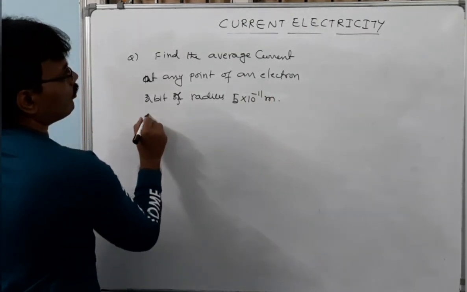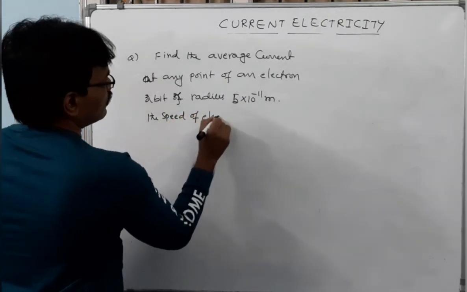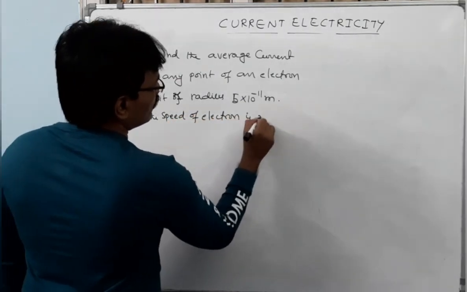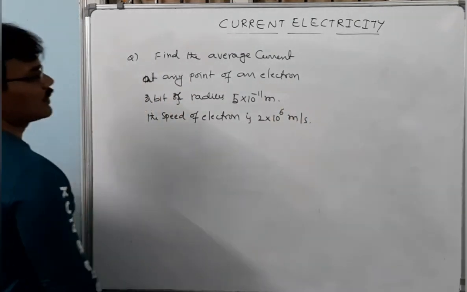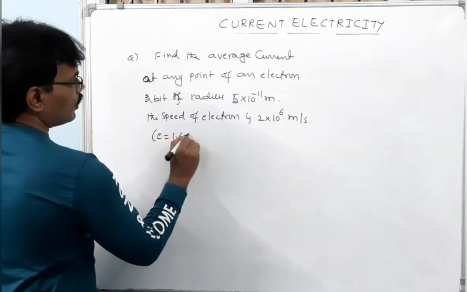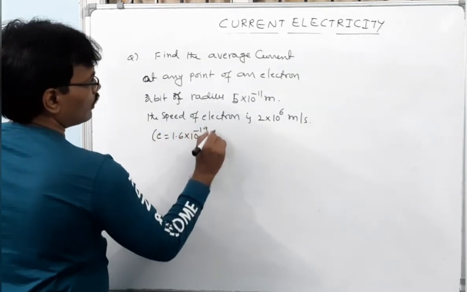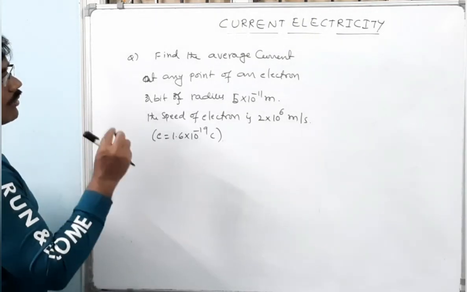The speed of the electron is 2 into 10 power 6 meters per second. That is the given data, and we take the electron charge as 1.6 into 10 power minus 19 coulombs. So for an electron moving in an orbit, what is the average current at any